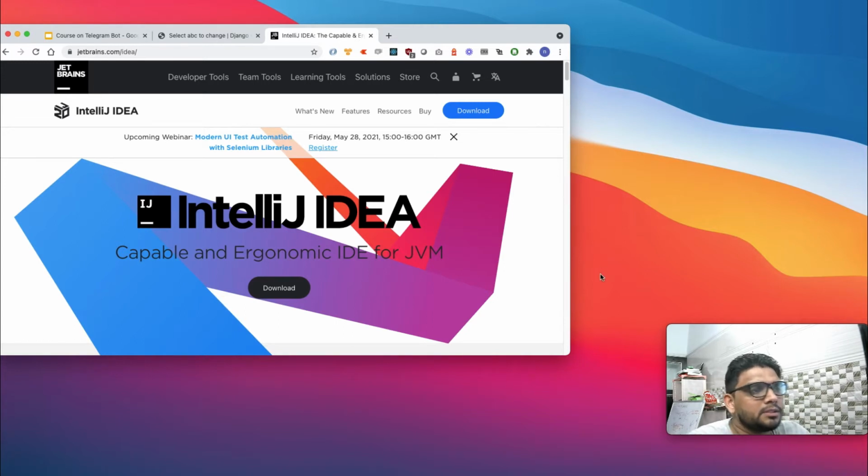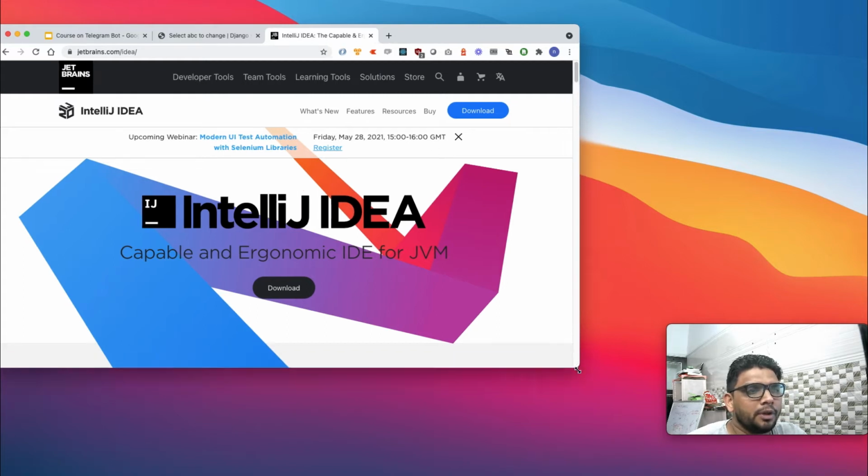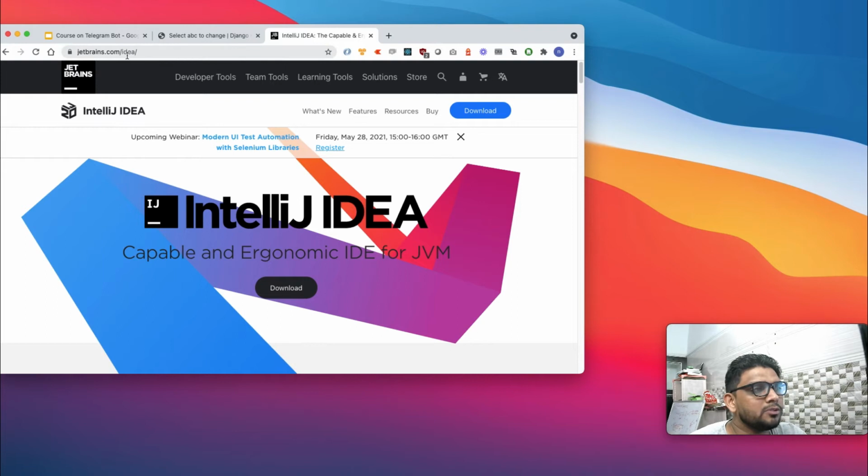So let's start. In order to work with IntelliJ IDEA, you need to first download it. If you already have this IDE, it's okay. If you don't have it, you can just go to jetbrains.com. IntelliJ IDEA was created by JetBrains. Just go to the website and you can download it over here.